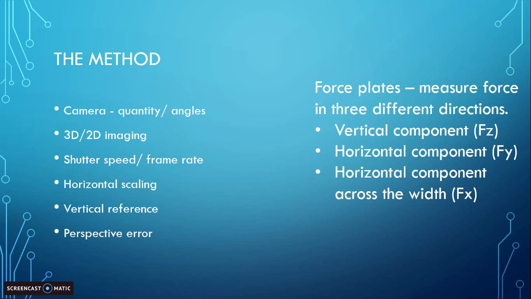The method on how you capture the data is very important in order to avoid errors and get accurate results. Firstly, you need to set up the equipment needed for the experiment to take place. This means the quantity of cameras. Also, you have to think about perspective error, so the distance the cameras are in relation to the participants and